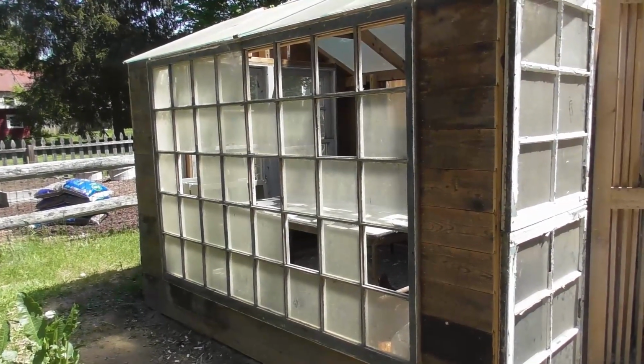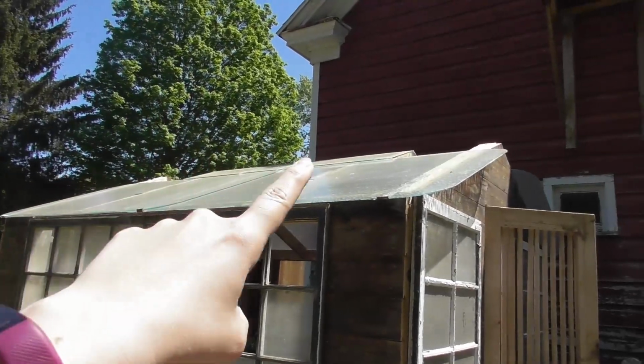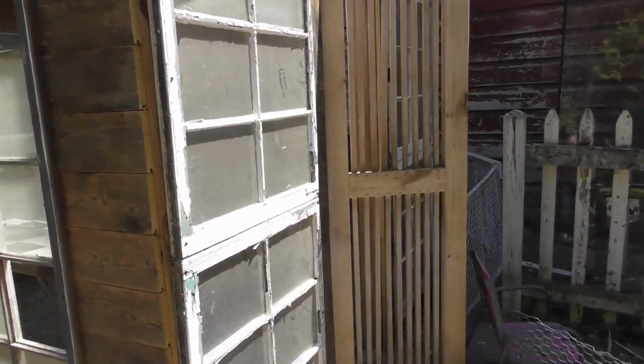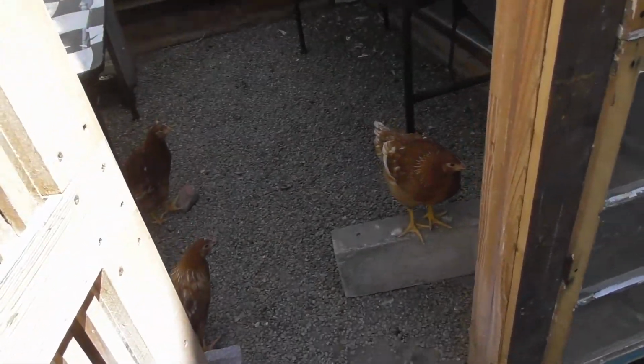Our greenhouse is almost complete. We need to finish a couple of the panes, and then there's two little sections of the vent that Art needs to finish, but it's almost complete. It's been warm enough that I've been able to move my plants in here,